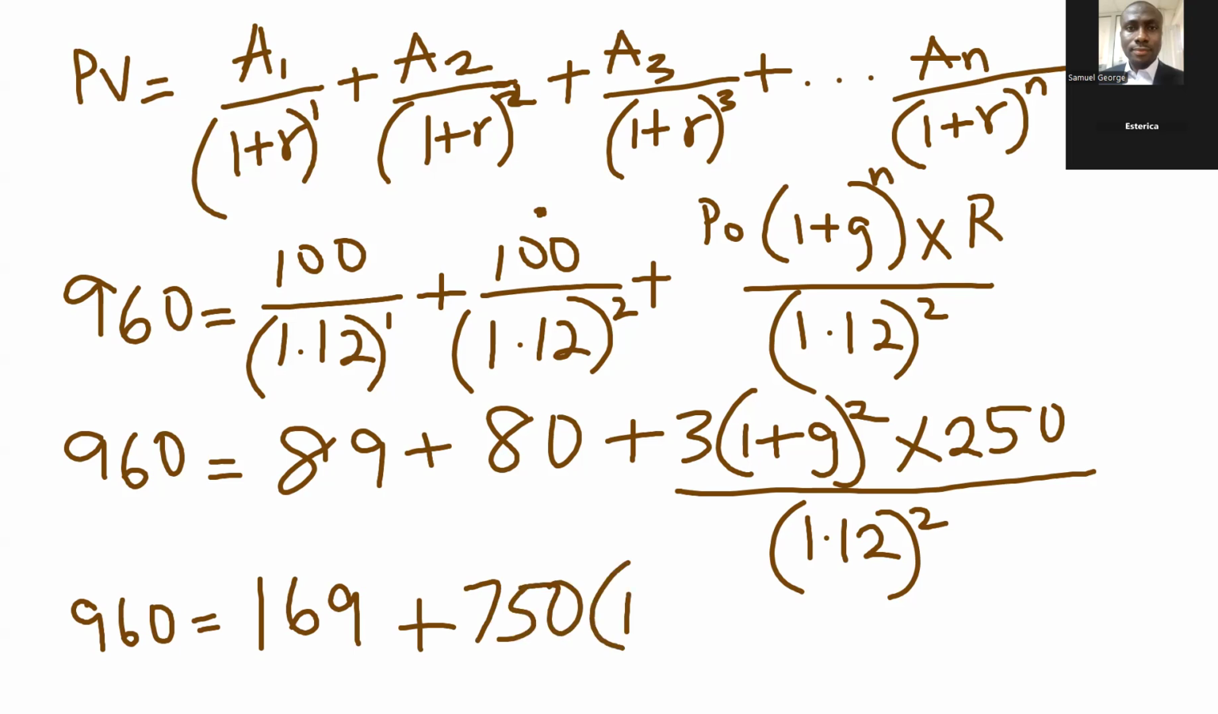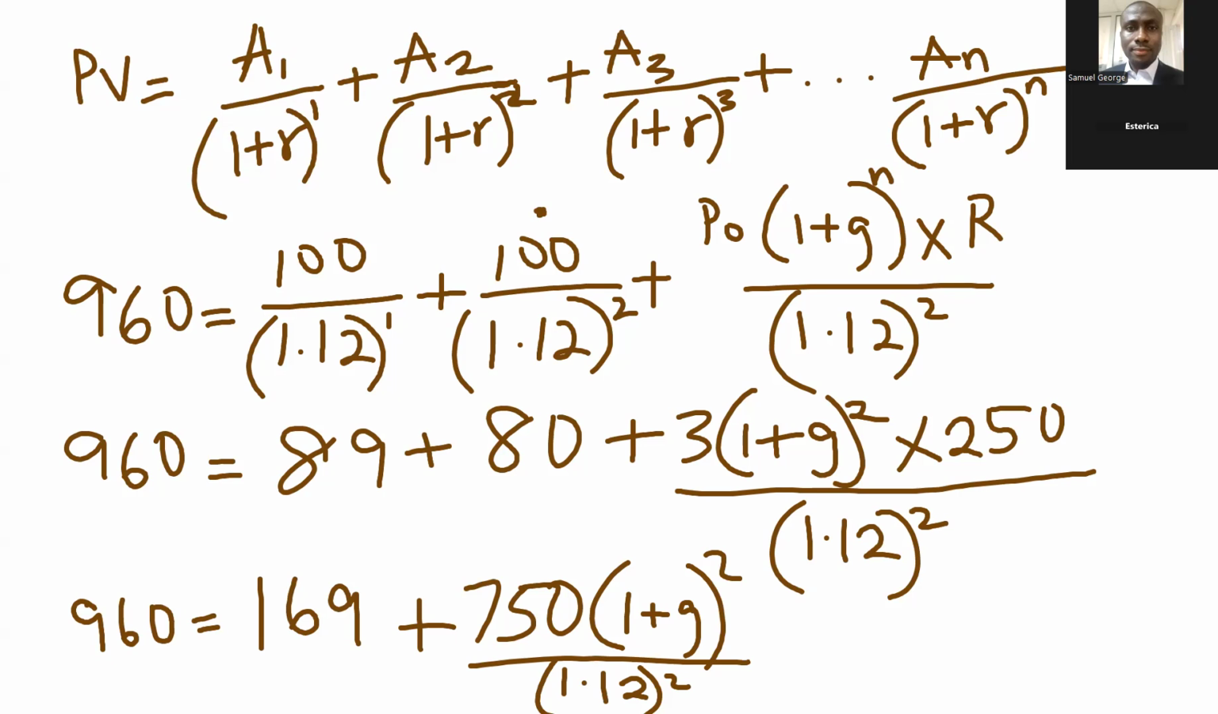1 plus G raised to power 2, all right, divided by 1.12 raised to power 2. Okay, so that is that. So what do we do here? We would collect like terms. So if we collect like terms, it will be